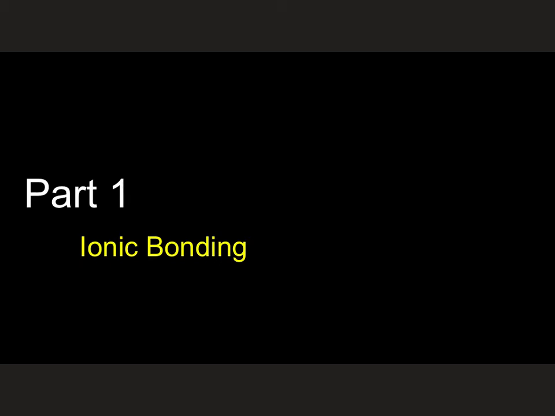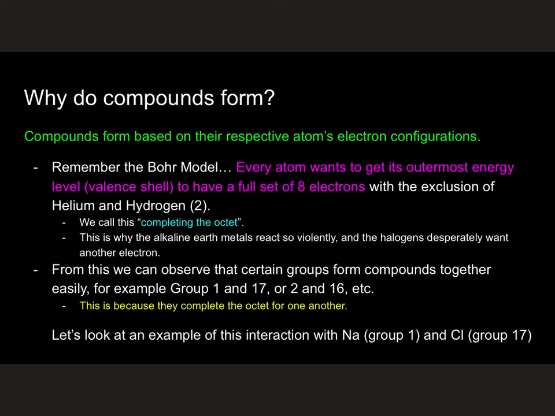Okay, this go round we're going to be looking at bonding, and we're going to start out part one here with ionic bonding. So first up, let's think about why elements would want to bond in the first place. And a lot of it has to do, if you can think back to that Bohr model, that outermost shell or energy level, the valence shell,